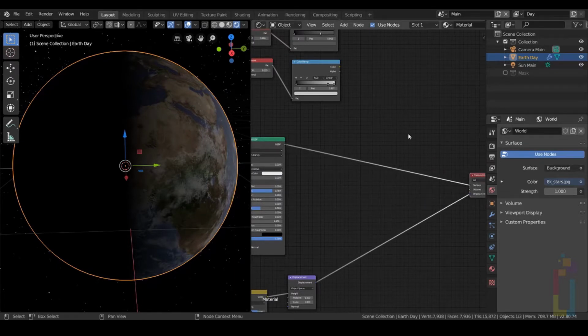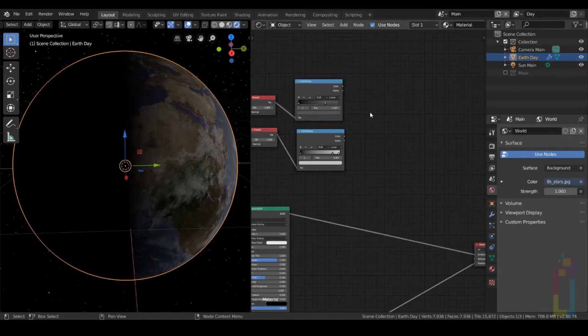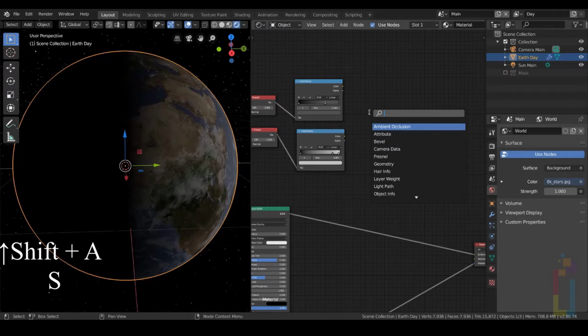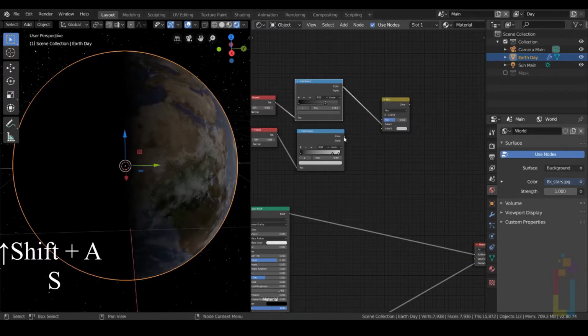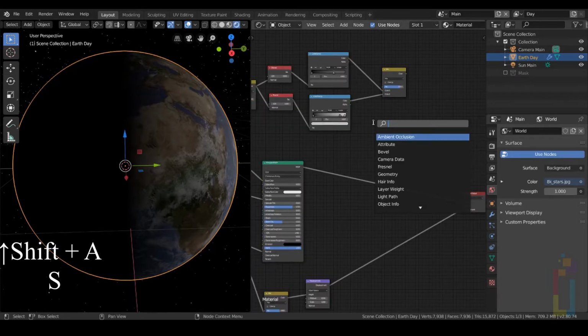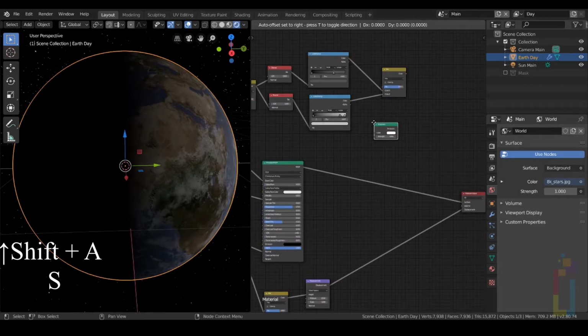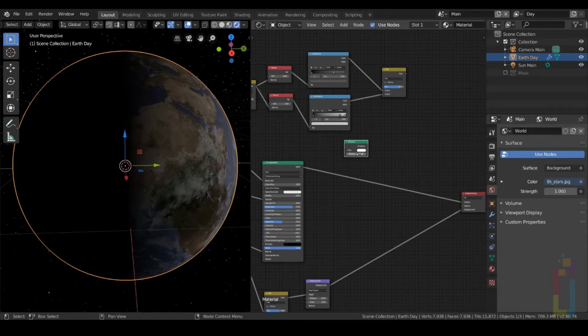Let's move this one right there, and here we need to create a mix RGB. So let's add one, put the first one, second one, and the FAC to 0.813. Shift A and type emission. Put it right here. Change the strength to 30